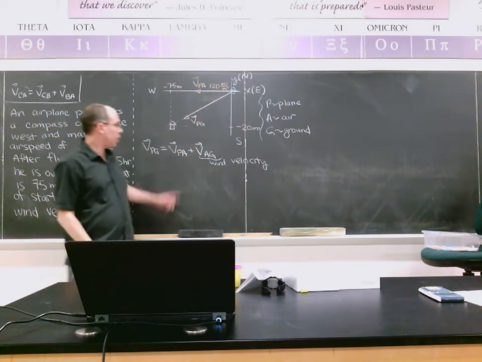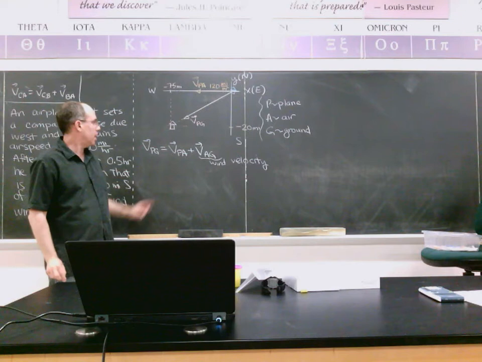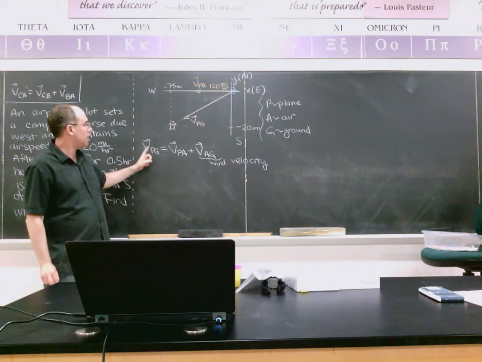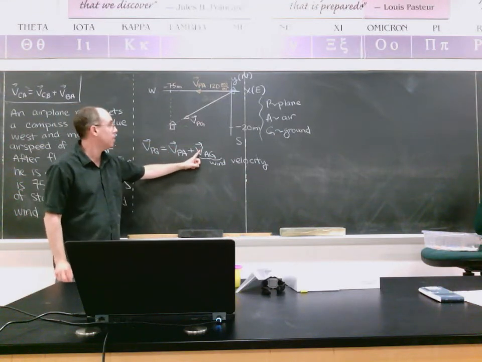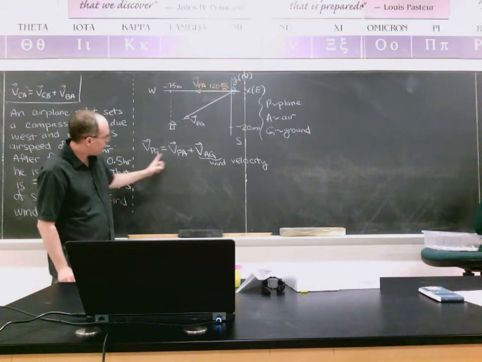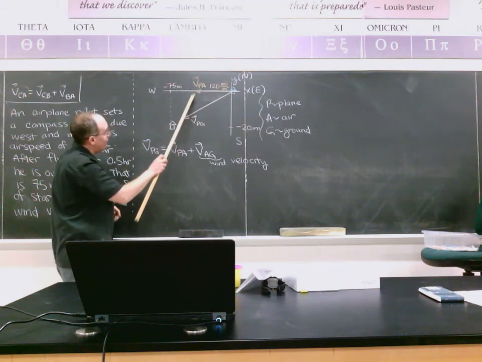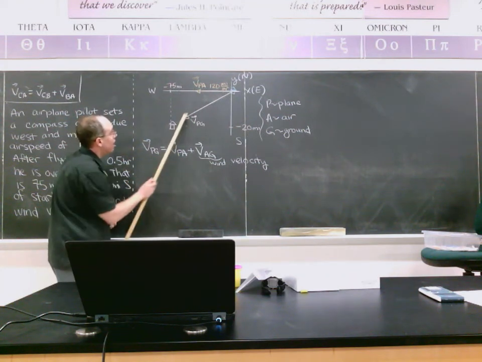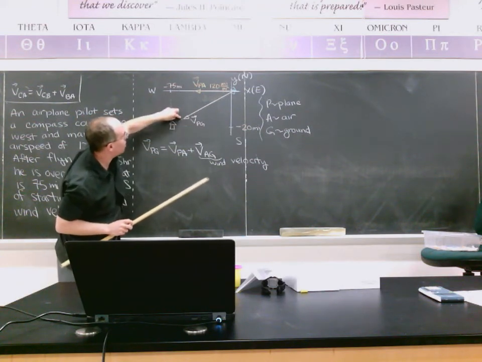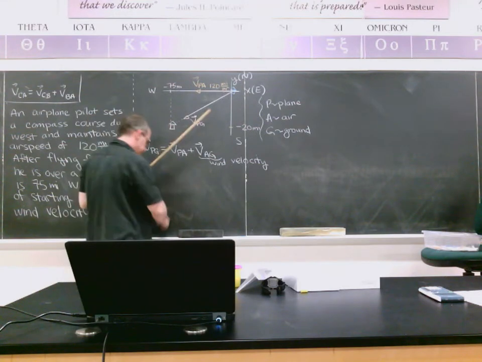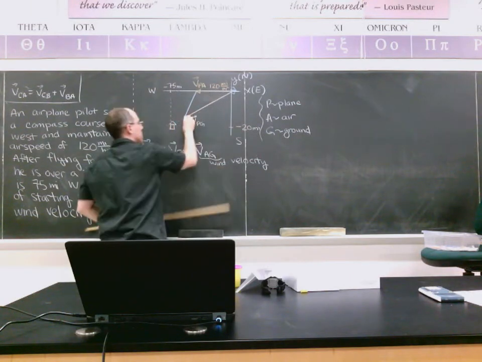Okay? So what we have here is, well, first of all, let's use this to complete the figure. What this is telling us is velocity of plane with respect to ground equals velocity of plane with respect to air plus velocity of air with respect to ground. In other words, if we think of this as a vector addition, I can take velocity of plane with respect to air, add in another vector, and that other vector I add in is going to have to be velocity of air with respect to ground so that this works. I'll show you. Okay, so I come in here, I'm going to connect those up,